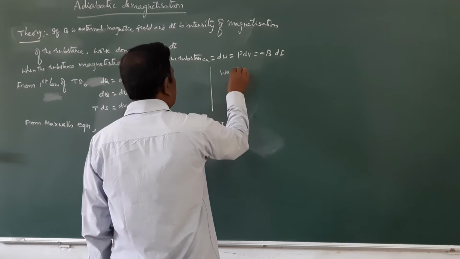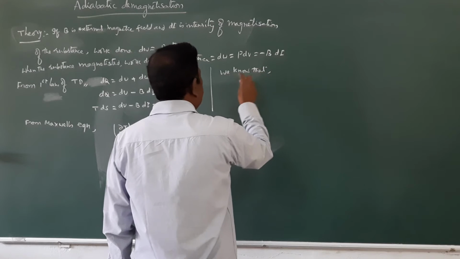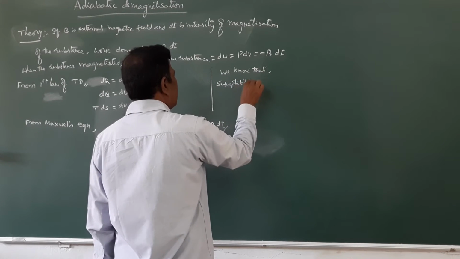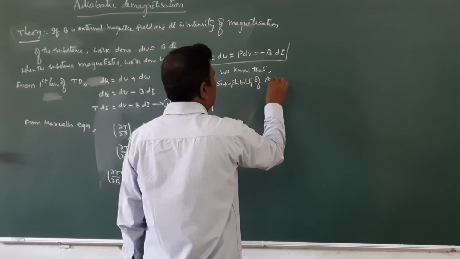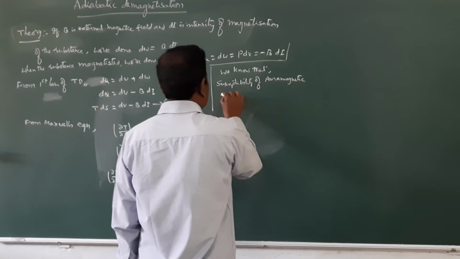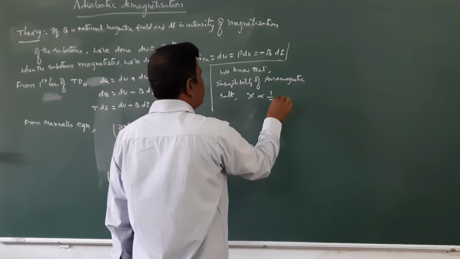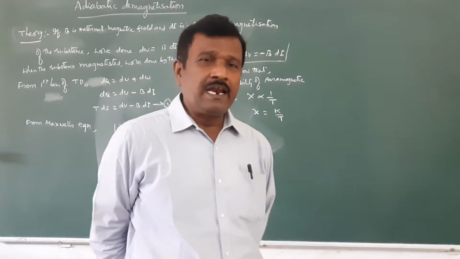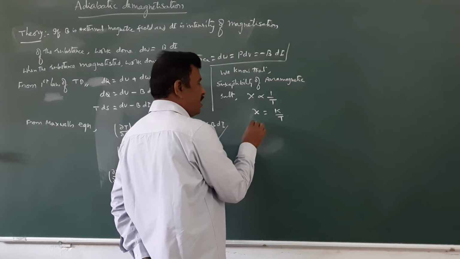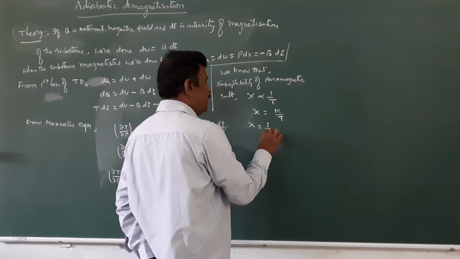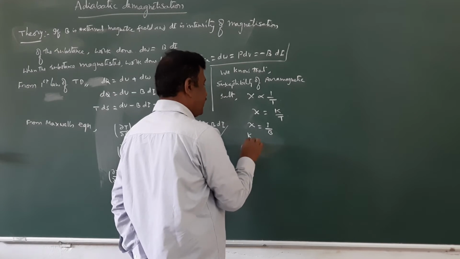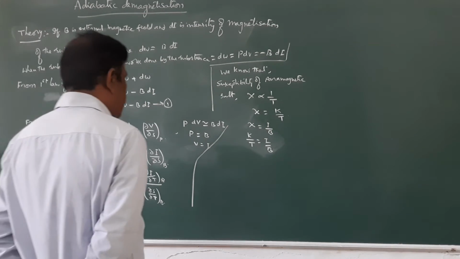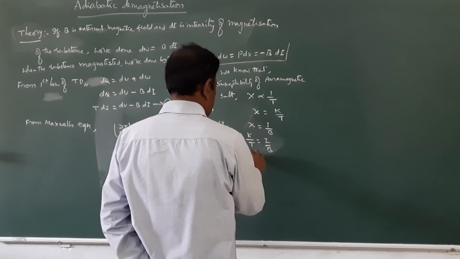Now we know that the susceptibility of a paramagnetic salt is inversely proportional to absolute temperature, or psi is equal to K by T. Similarly, if I is the intensity of magnetization and B is the magnetizing field, psi is equal to I by B. Therefore, writing these two, K by T is equal to I by B. Therefore, T is equal to, or in the other way,